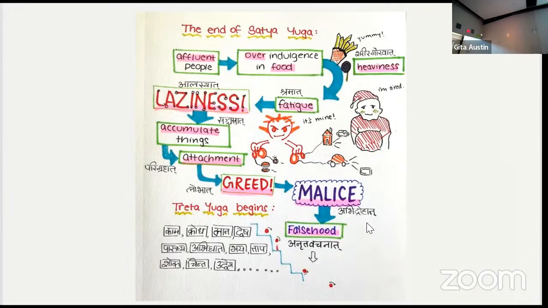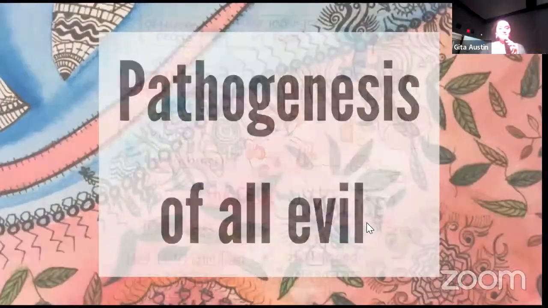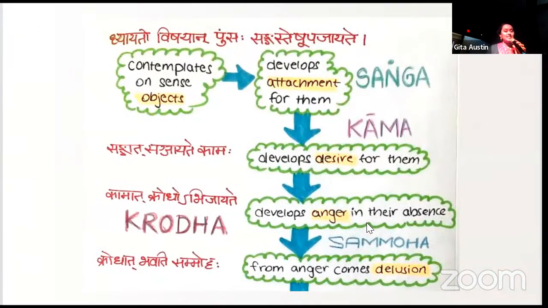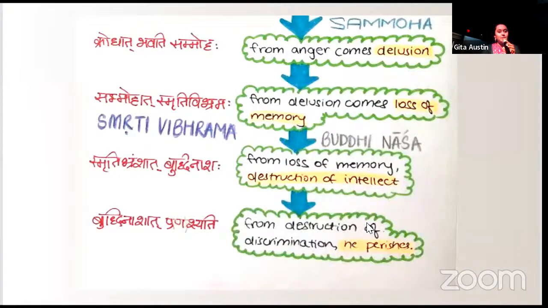ध्यायतो विषयान् पुंसः सङ्गस्तेषूपजायते सङ्गात् सञ्जायते कामः कामात् क्रोधोऽभिजायते क्रोधाद्भवति सम्मोहः सम्मोहात् स्मृतिविभ्रमः स्मृतिभ्रंशाद् बुद्धिनाशो बुद्धिनाशात् प्रणश्यति।